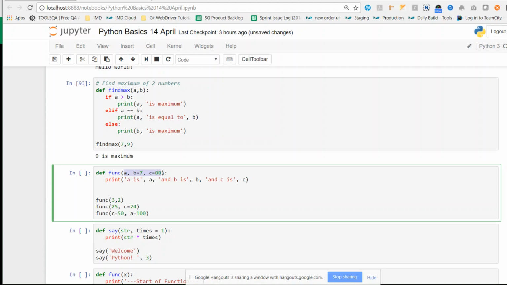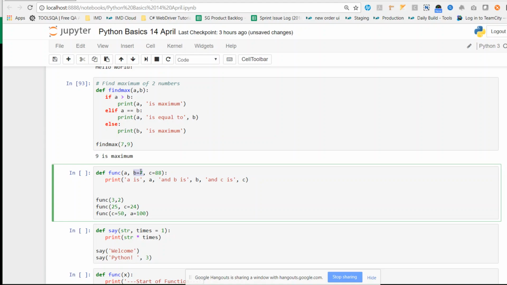Even if you don't pass it, it will take the default values 7 and 88. So if I don't pass the value of b, it will take the value as 7. If I pass the value of b, it will take whatever value is passed. But if I don't pass the value of b, it will take it as 7.